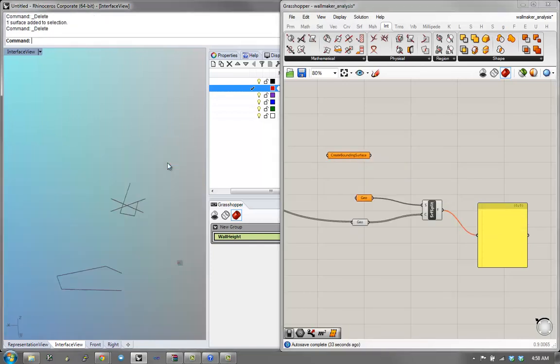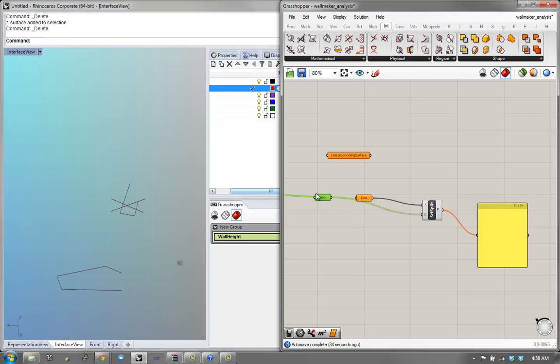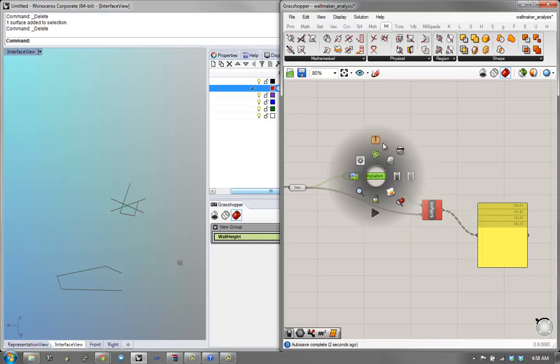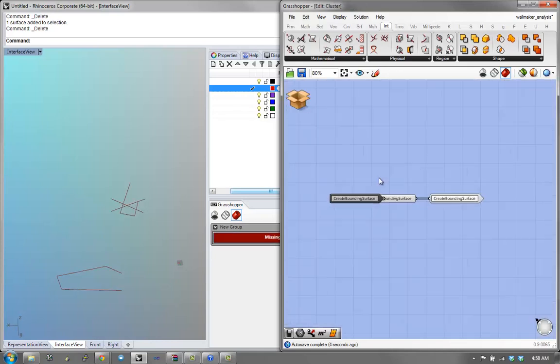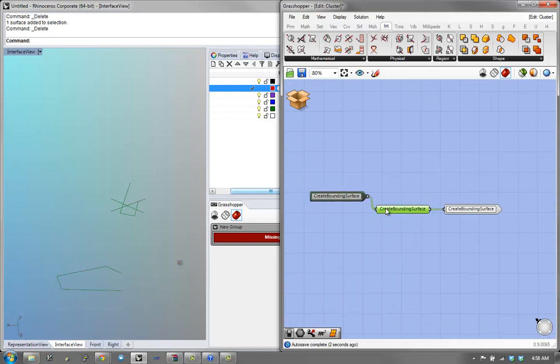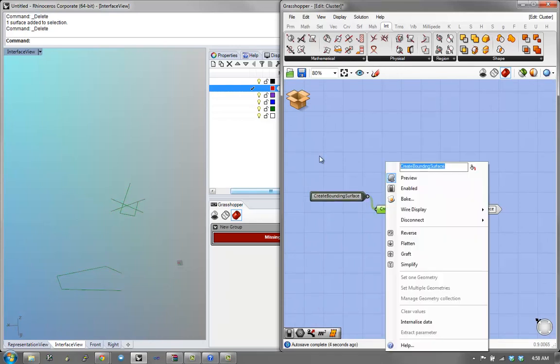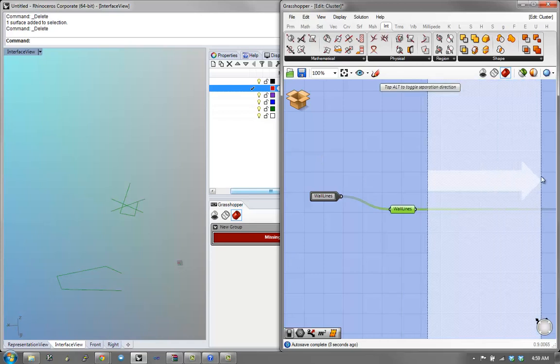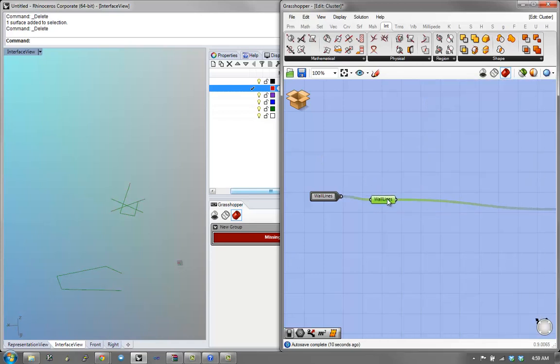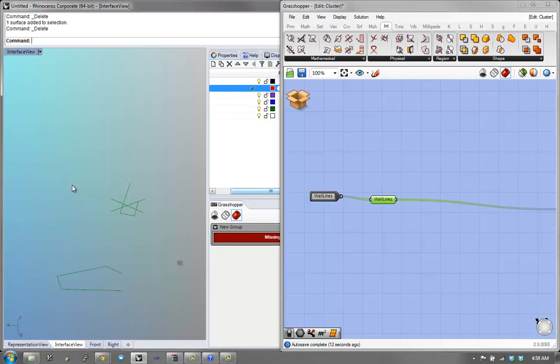And again, I'm using this as pseudocode because what we want to do is get the curve geometry, plug it into create bounding surface, and plug that into surface split. So let's actually make a cluster, and then let's go in to figure this out. So these are the lines, wall lines, say. And I'm going to use the wall lines, and first of all, we want to create a